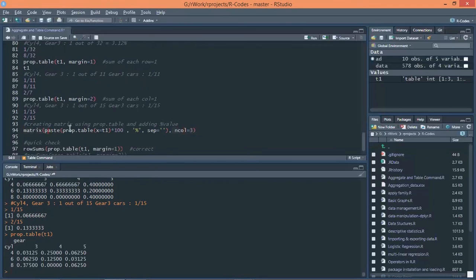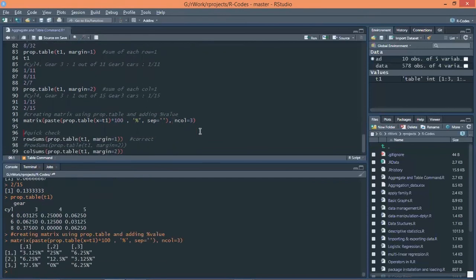So within paste, first thing I'm giving the values. The values are given by the function prop.table, wherein the table is T1. Into 100 will convert it to rounded values, then adding a percentage sign to it with a separator, and it will be divided into 3 columns, 3 rows. Let's execute it.